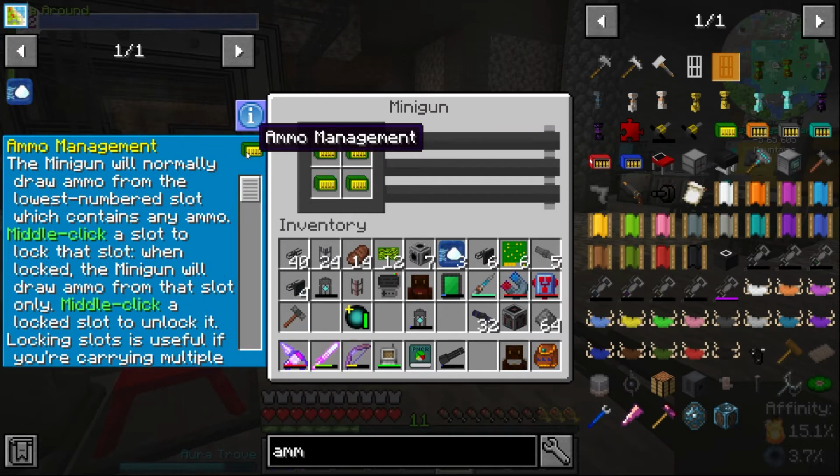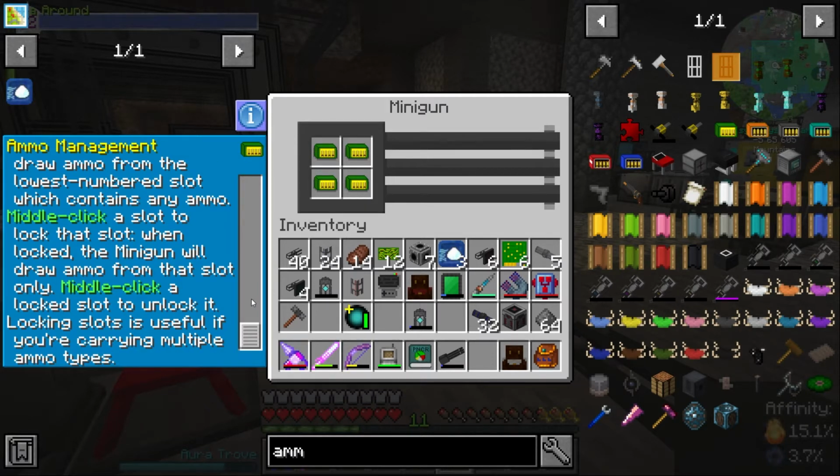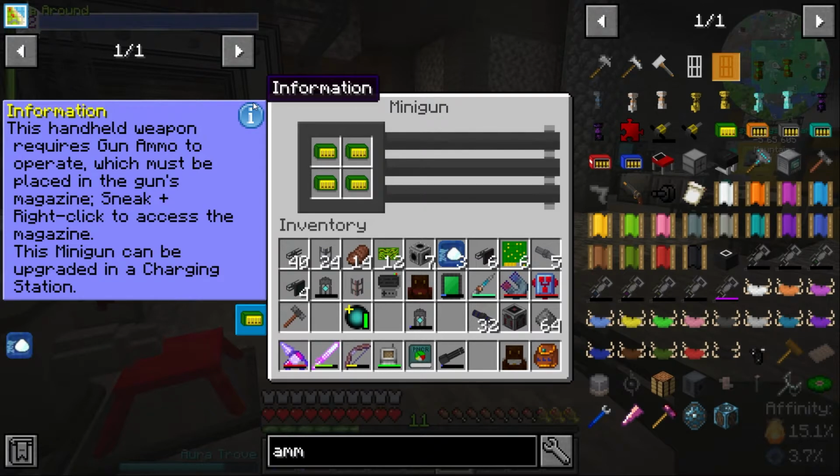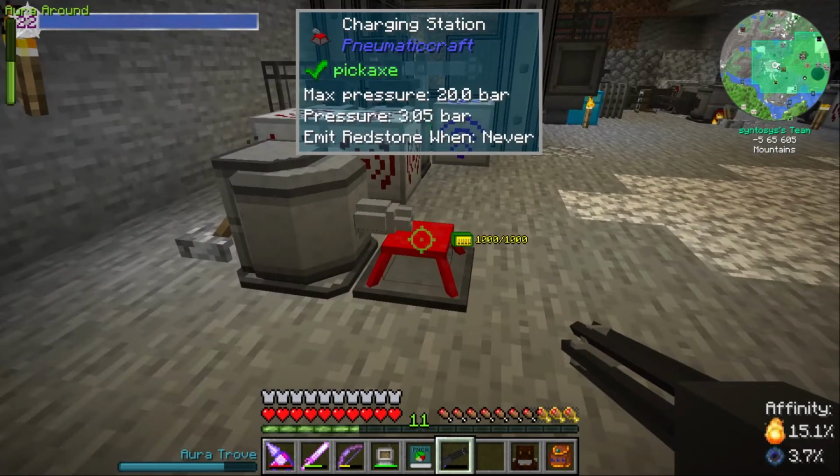Ammo management. The minigun will normally draw ammo from the lowest number slot which contains any ammo. Middle click a slot to lock it. When locked, the minigun will draw it only. Middle click a locked slot to unlock it. Locking slots is useful if you're carrying multiple ammo types. Okay, well we're carrying all the same stuff, so we don't really care. However,